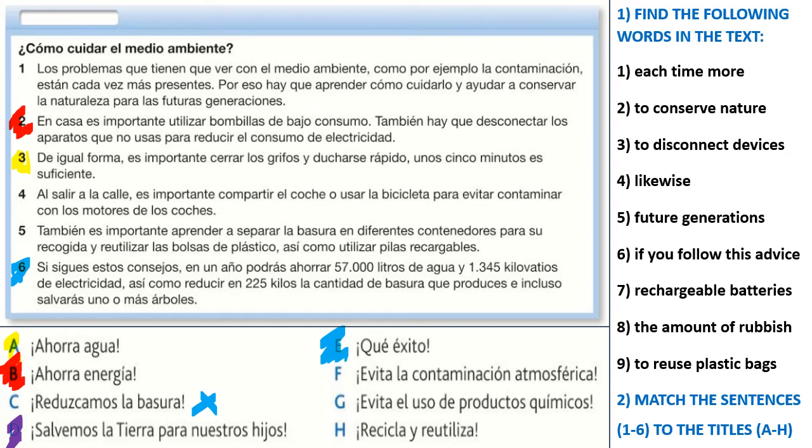And there's nothing about any of the other things. It's about a mix. It's about electricity, it's about water, it's about rubbish, it's about trees. So it's talking about a success of how much would be saved. F, talking about air contamination, pollution, is going to be 4. G, we're not going to use. And then H,